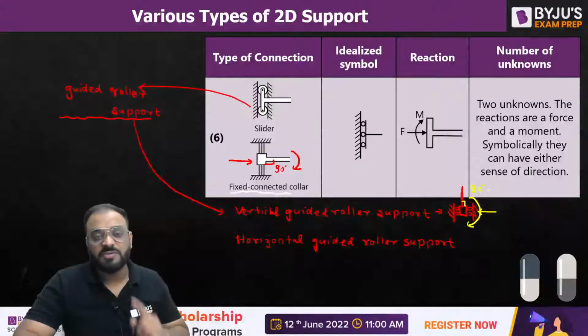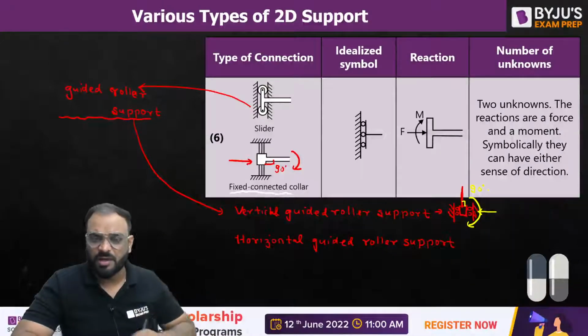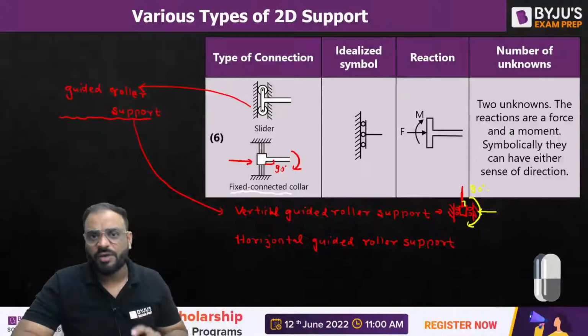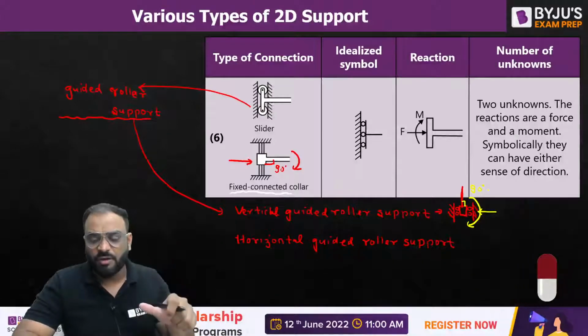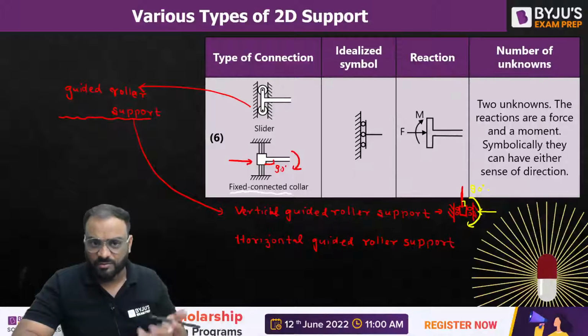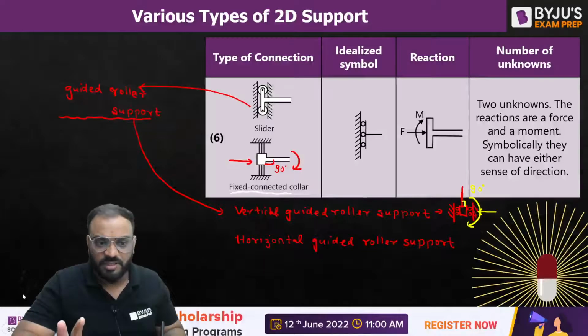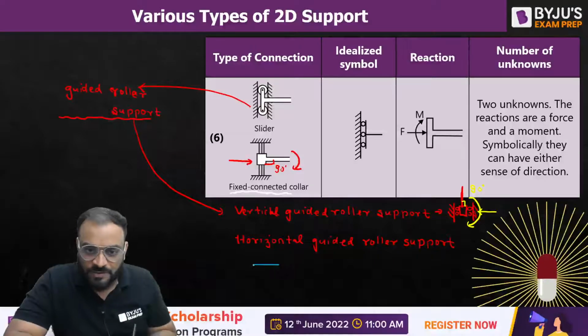In the same manner guys, we have horizontal guided roller support. Now in this case, we are just allowing this particular movement of that roller in the horizontal direction, right? So this is the difference between the vertical one and the horizontal one. Let me show you that figure also. So you can see here guys,